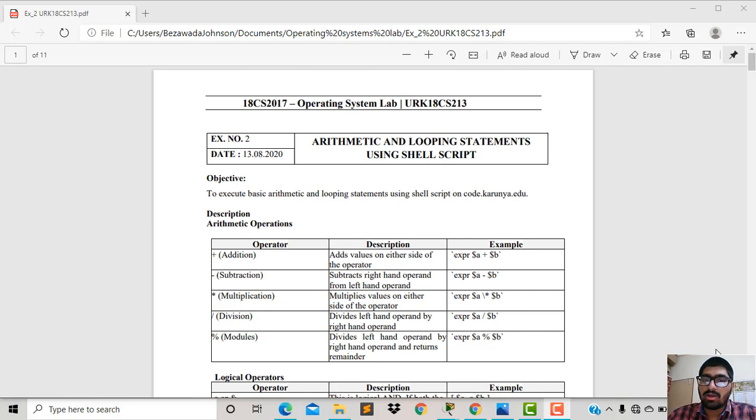To create a shell, you all know how; in the previous experiment we have seen how to create a shell. There are three methods: cat, vi (the visual editor), and touch. With cat we can edit the file, and with vi we can also edit it. To save in vi we press the escape key and then wq. For cat, to save the content you have typed, the command is Control D, and the touch command is for creating an empty file. Today we will use the visual editor to create arithmetic and looping statements.